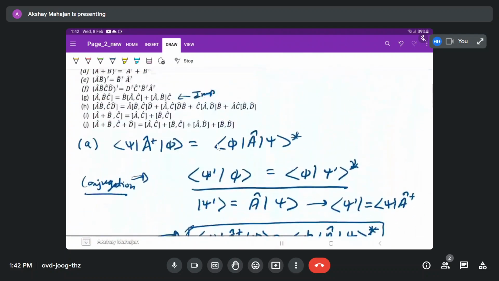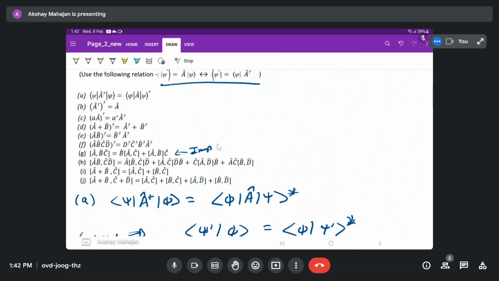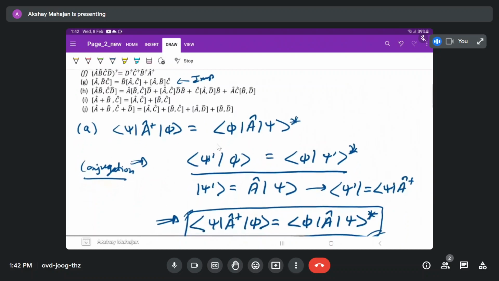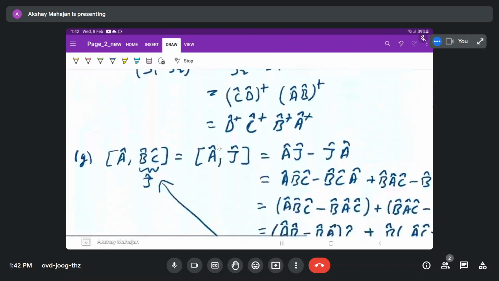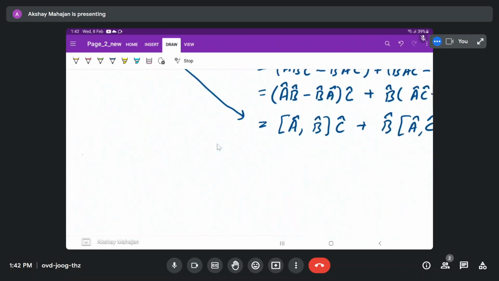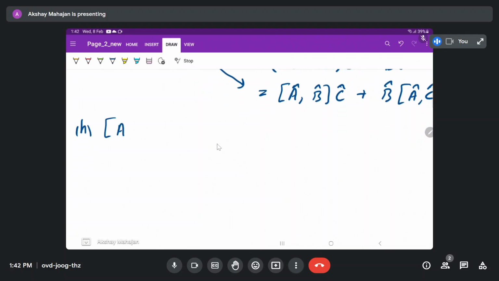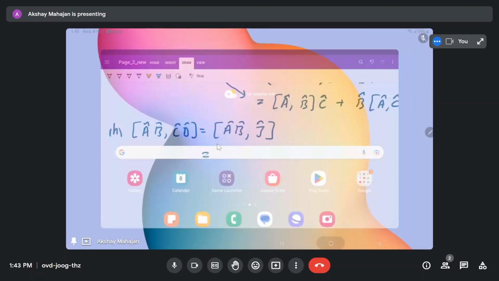Let's go to our H identity, which has two operators on both sides. There is this multiplication of operators. So our H identity, and we will use what we have learned in our G identity to solve this problem. So we will have AB times J. Now instead of doing the same thing, we will use the identity that we have proved in G. So this ABJ will open as